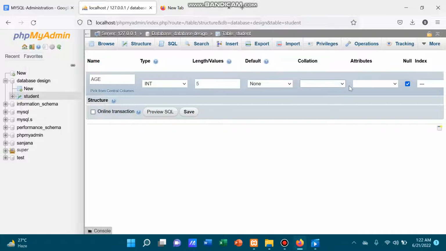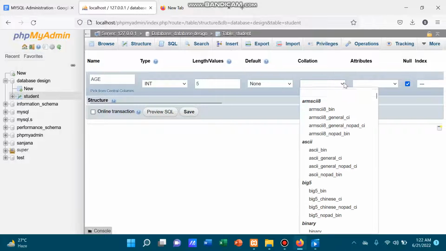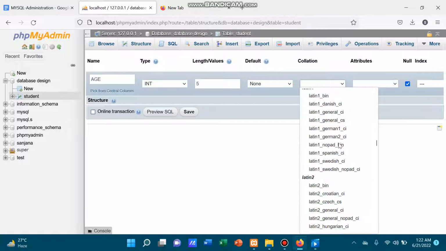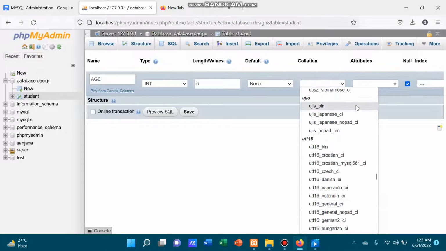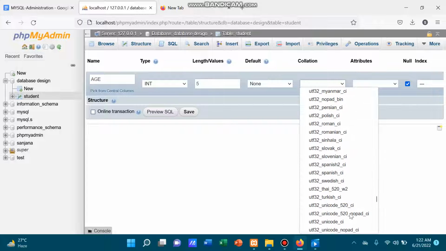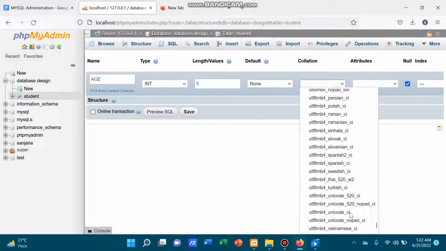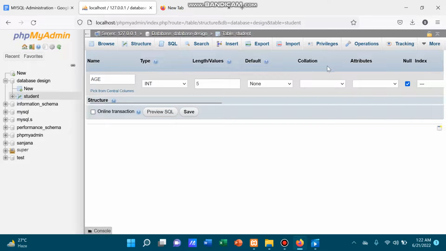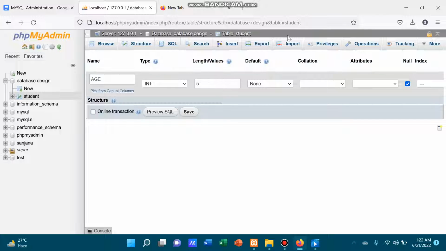So there are many options for collation like binary, ASCII, and others. These are the options we can take, and with these options we can control our data types and our column types. This collation part works for that. And our next part